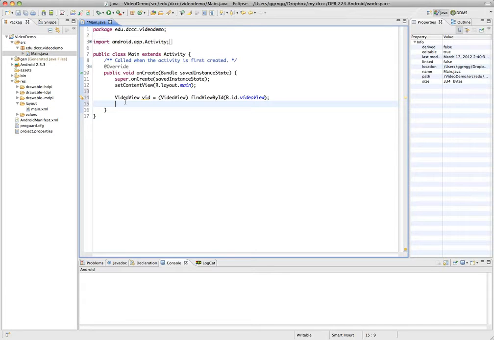Okay, so now that we have a reference to that on our activity screen, one of the things that you'll need to do is to have the video either available on your device, and I'll also demonstrate how to play a video that is out on the web. So we can provide a URI for the location of a video that might be uploaded to your server. So to add a video, I'm going to go into my DDMS,